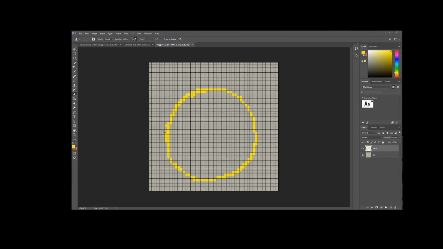Okay, and then I might want to. Okay, so I'll pick my pencil, fix that. Okay, whatever. Now I want to fill this whole thing in, so I just do a bucket fill. Okay, and there's my happy face. And suppose I want to add